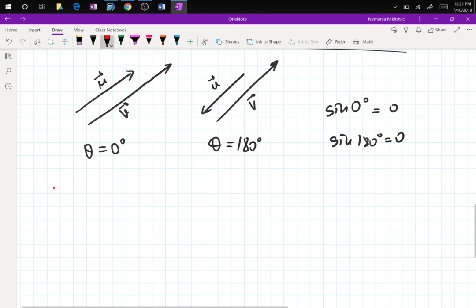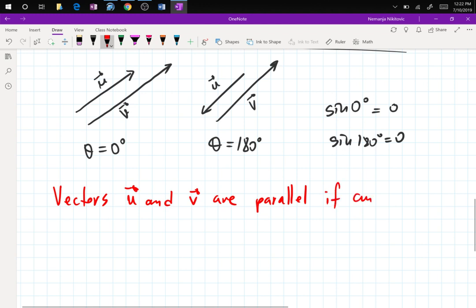We say vectors u and v are parallel if and only if, right? This is the one that goes back and forth. If and only if the magnitude of u cross v is equal to 0. We have to use magnitude of u cross v because u cross v is going to